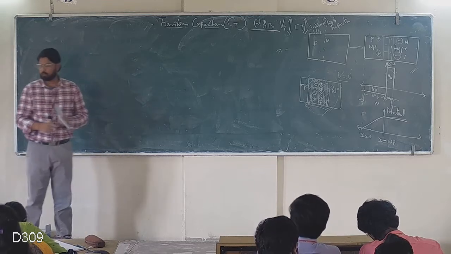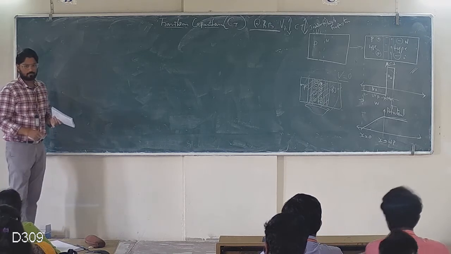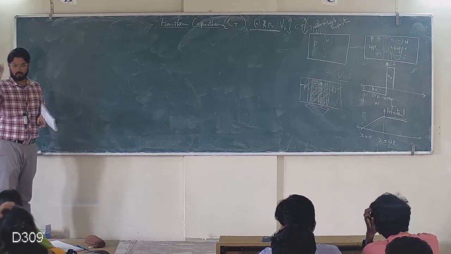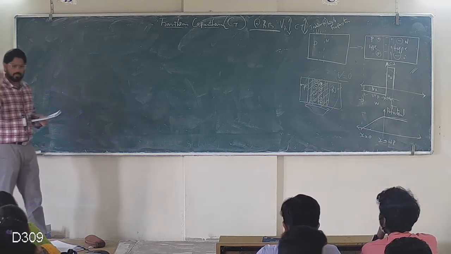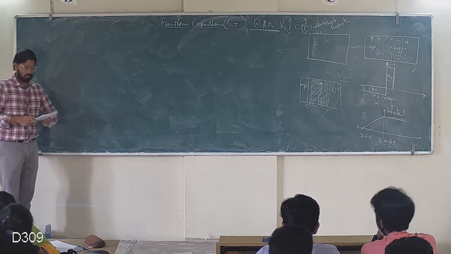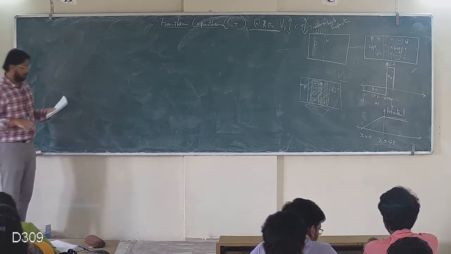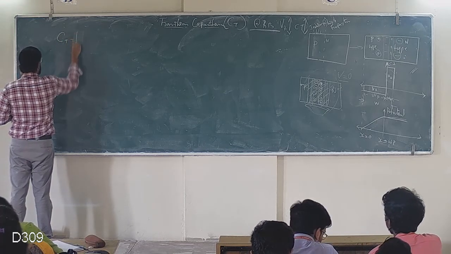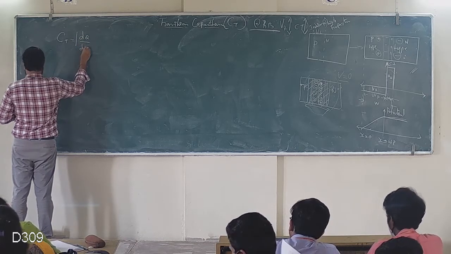This topic belongs to unit number 1, right? I request everyone to please write it on the page. There's a meaning for everything. Incremental capacitance C_T is given by C_T equal to modulus of dq by dV,